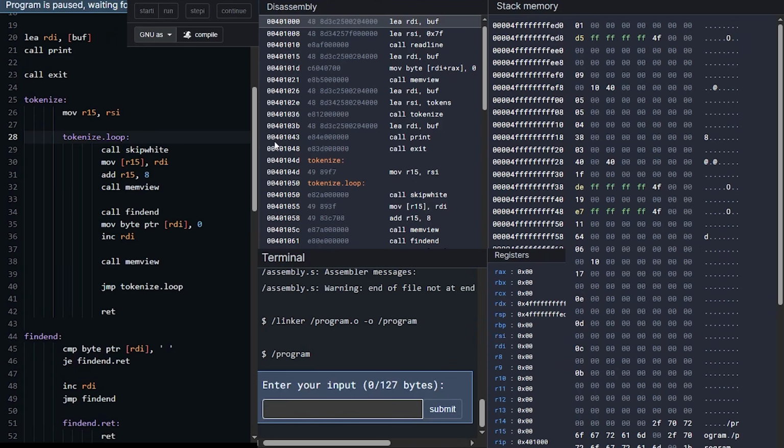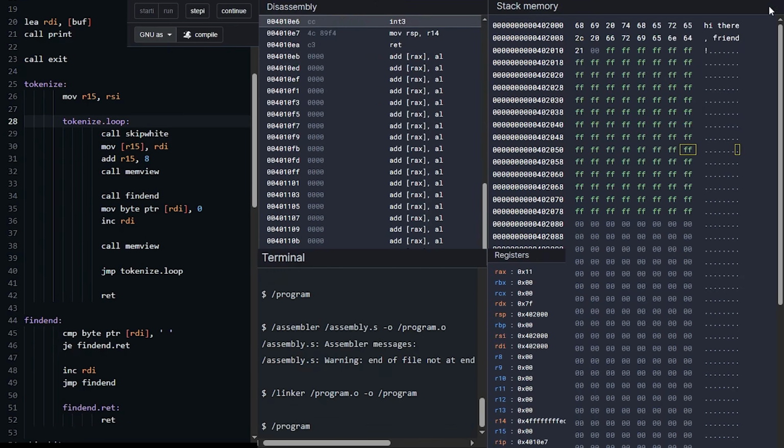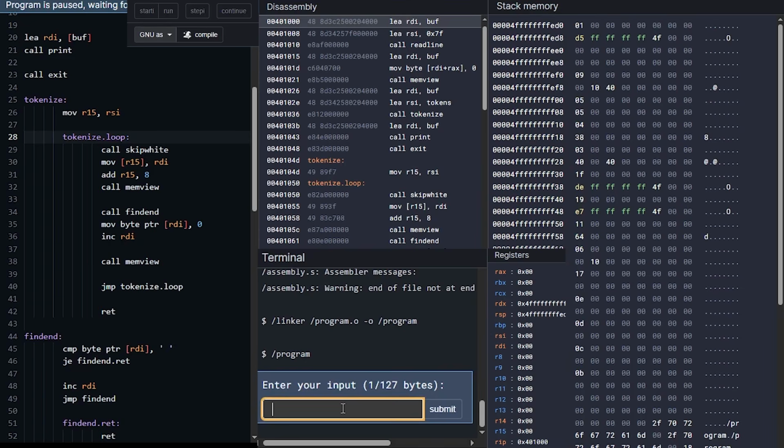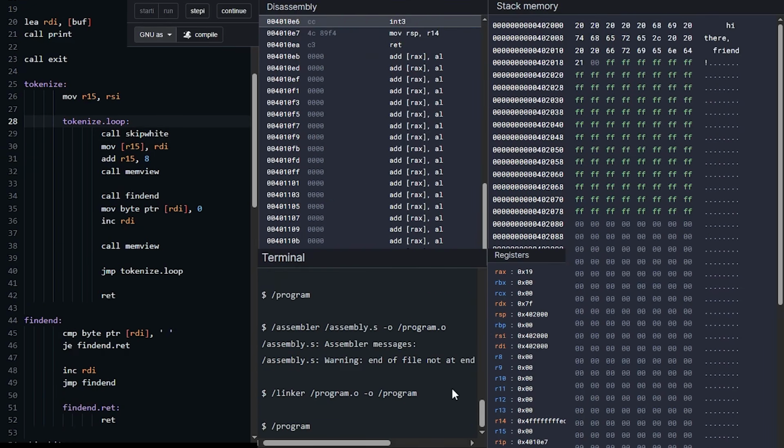So we click continue, do hi there, friend. So we have our, oh wait, I didn't do it the wrong way. I'm supposed to add a bunch of spaces. Okay, so let's see, let's add a bunch of spaces. Hi there, comma, a lot of spaces, friend. So if we run this, you see all of our nasty spaces here. So we click continue, and now